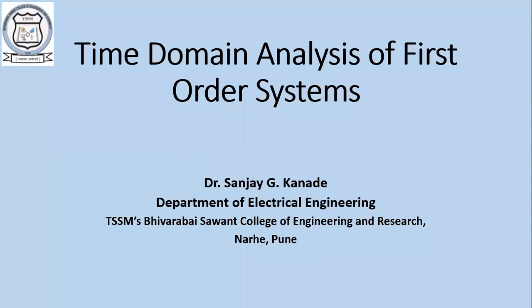Let's begin today's lecture. In the last lecture, we started discussing the time domain analysis of the first order system. By this time you now know what a first order system is, right? A first order system has only one pole, meaning the denominator polynomial degree is 1. It is basically the simplest system, and we started analyzing it mathematically first.